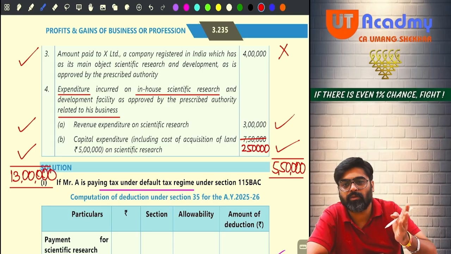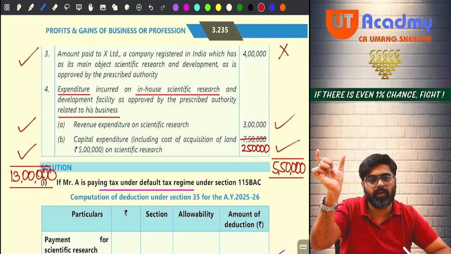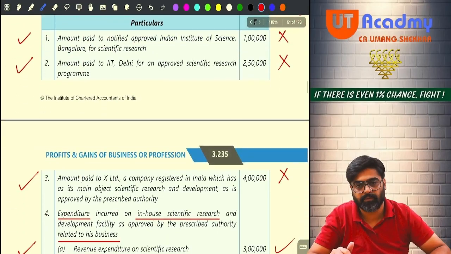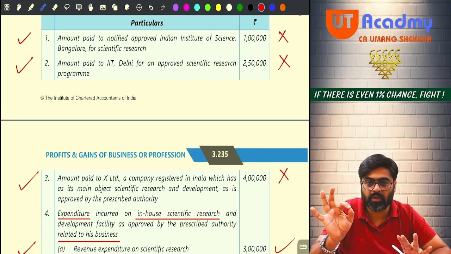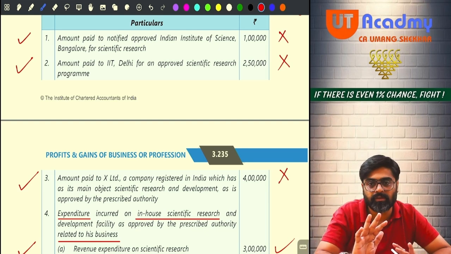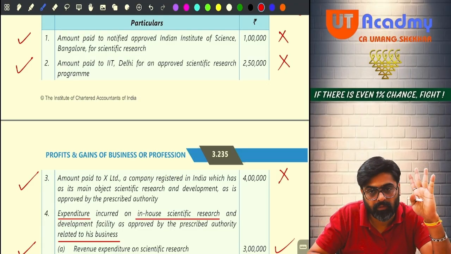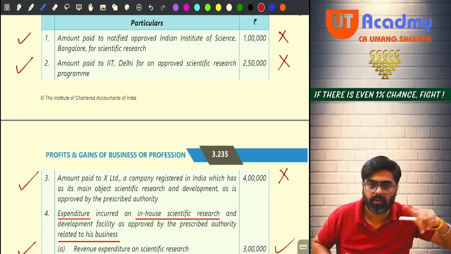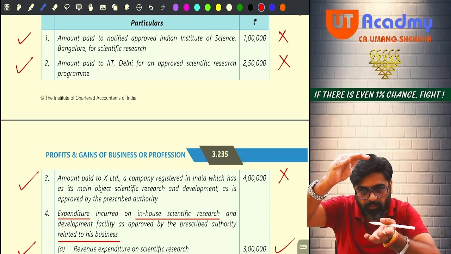Now, whatever you have done, you are just supposed to present it. Simple. Assessee following 115BAC, tick mark. Write down point number 1, point number 2, point number 3. In the amount column, nil, nil, nil. In the bracket you will write: not allowed, as donations for scientific research, statistical research, and research in social sciences are not allowed as a deduction because the assessee is following 115BAC. Then write down expenditure. For both the expenditures, write down the amount. Make the total, 5 lakh 50. Total deduction under section 35. Same format, copy and paste.